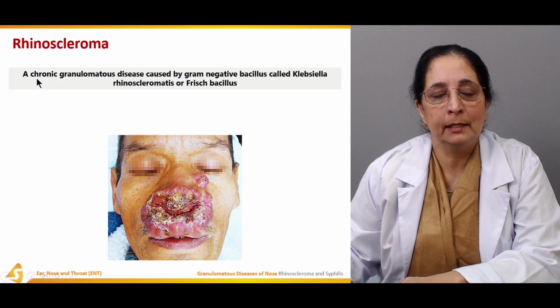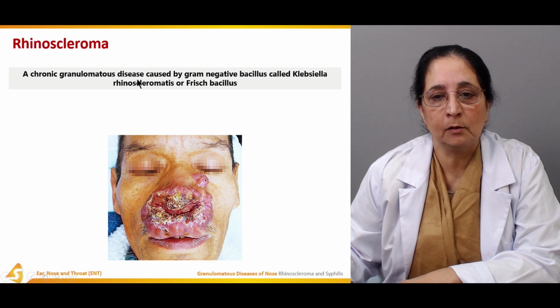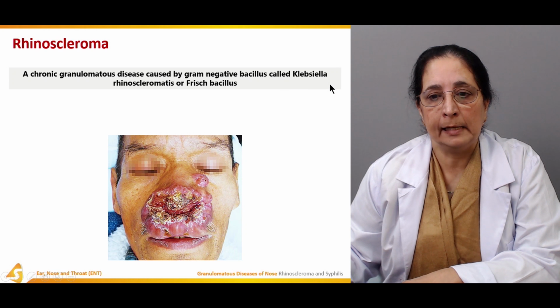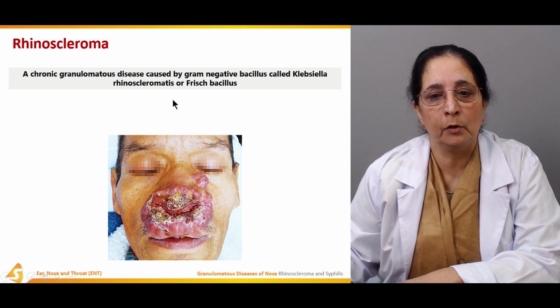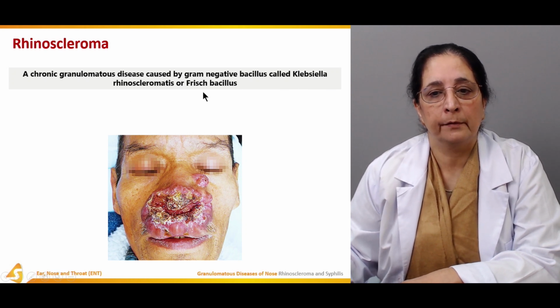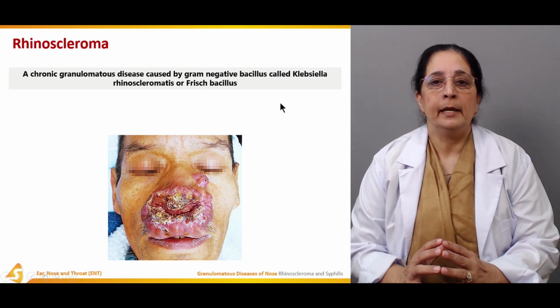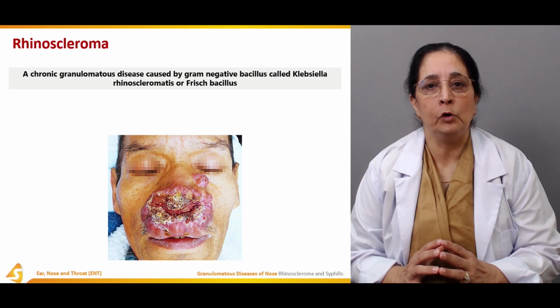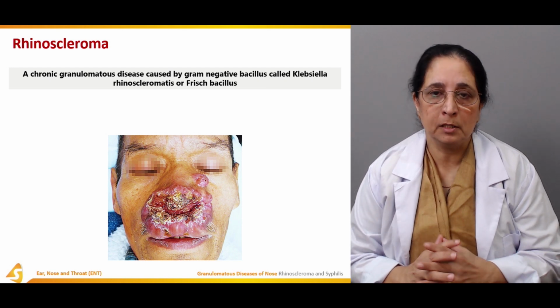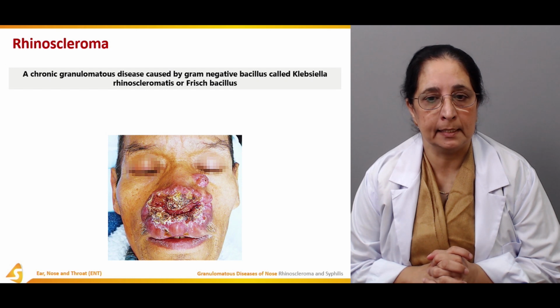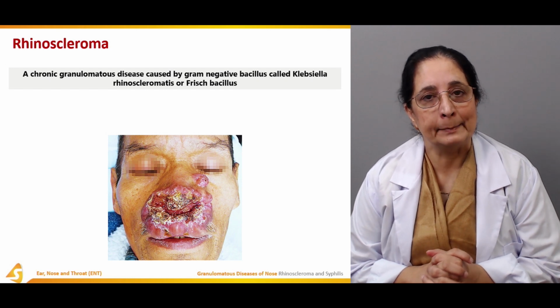A chronic granulomatous disease caused by gram-negative bacillus called Klebsiella rhinoscleromatis or fish bacillus. So it's again a bacterial infection, a chronic granulomatous disease caused by the gram-negative bacillus, which is known as Klebsiella